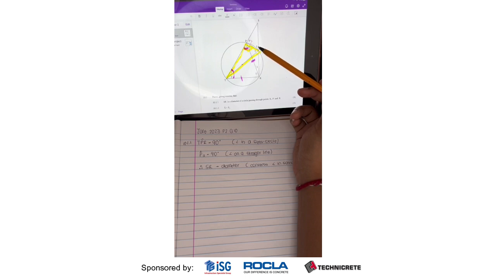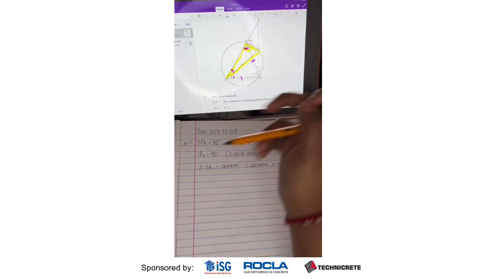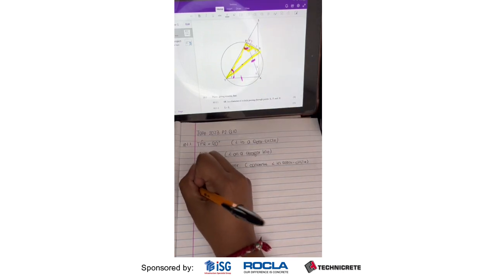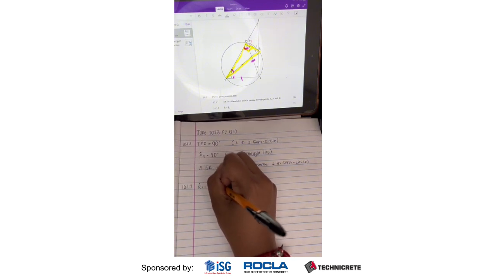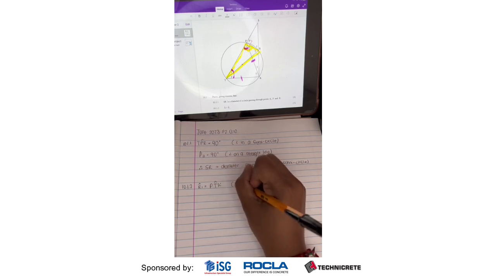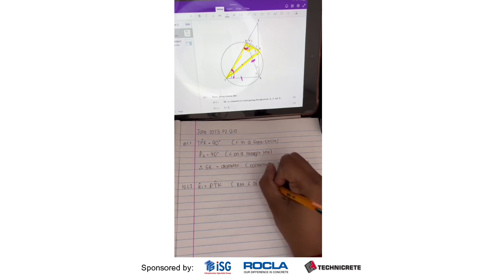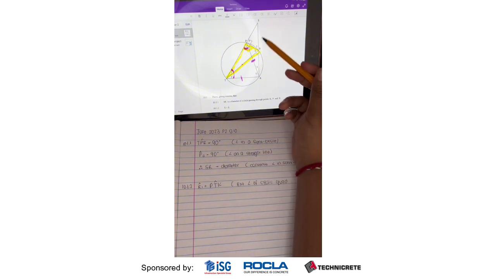So angle R1 is equal to angle PTK. Let's look at that again. Angle R1 is equal to angle PTK, and the reason for that is exterior angles of a cyclic quad. So angle R1 is equal to PTK, and the reason is exterior angles of a cyclic quad. Okay, there R1 is the exterior angle of the cyclic quad. But we also know that